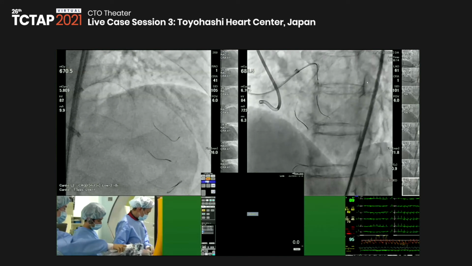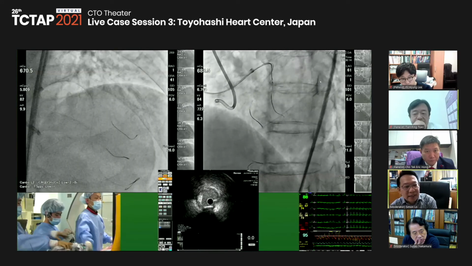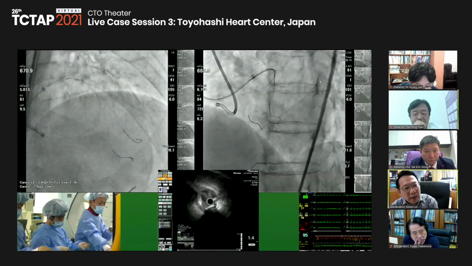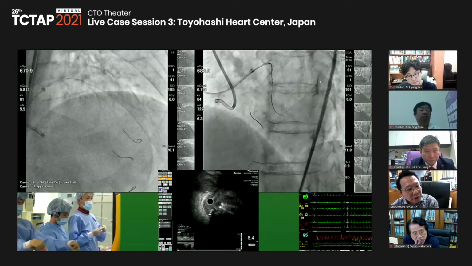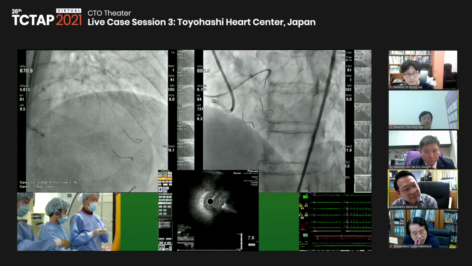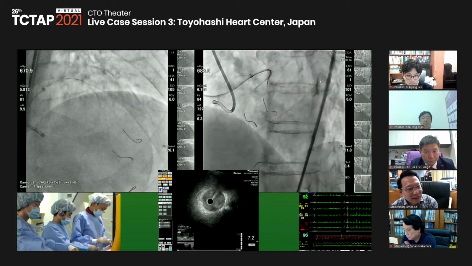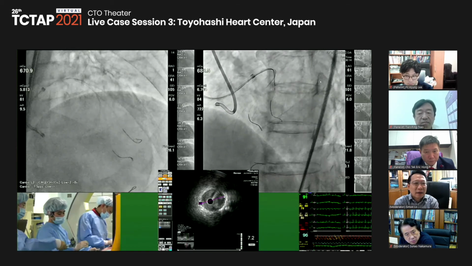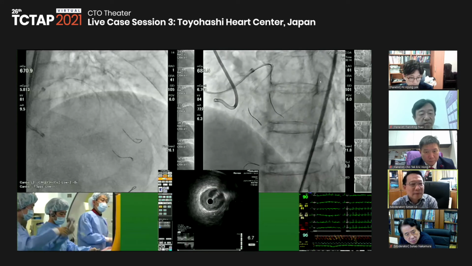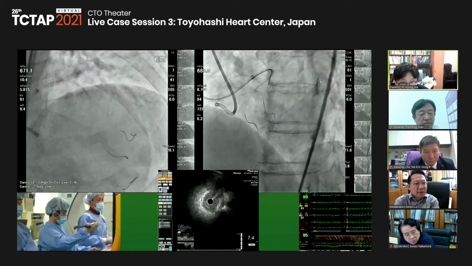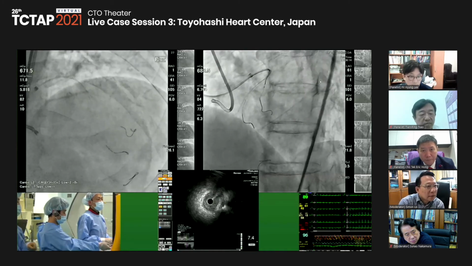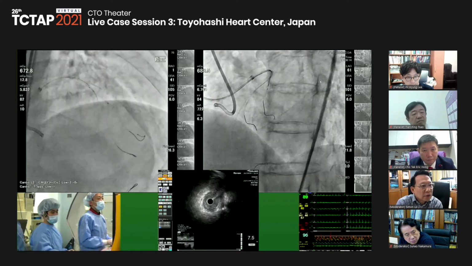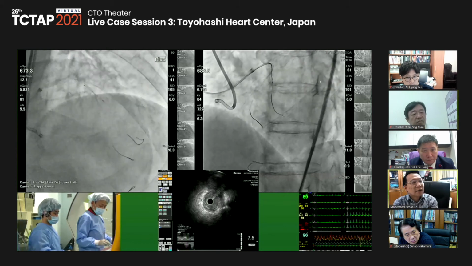I see. So knowing that there may be some compromise of the first diagonal after stenting, would you modify the plaque first? No, I'm just keeping the balloon. I see. You're keeping the balloon inside. Yeah. And after dilatation, I want to do the final kissing inflation. So what's the balloon size you're keeping in the diagonal? 2 is enough. Is that going to be a brand new 2.0 balloon? No, it's an old one, already used.